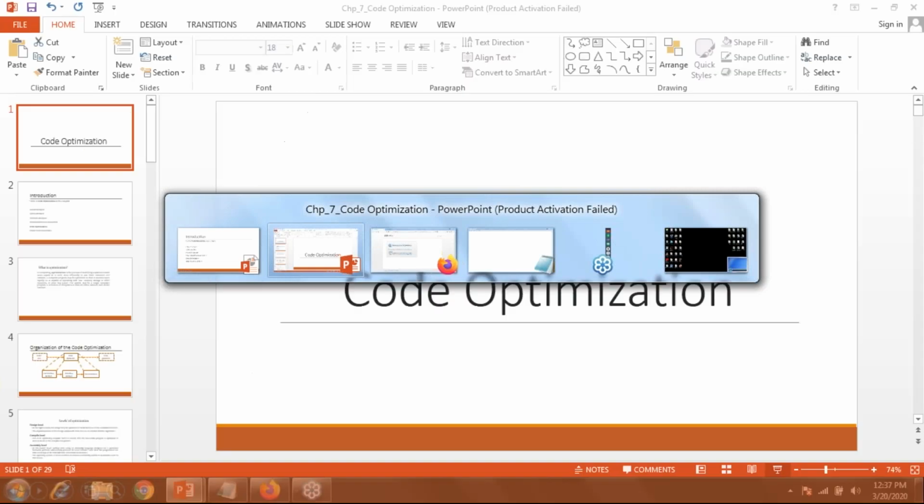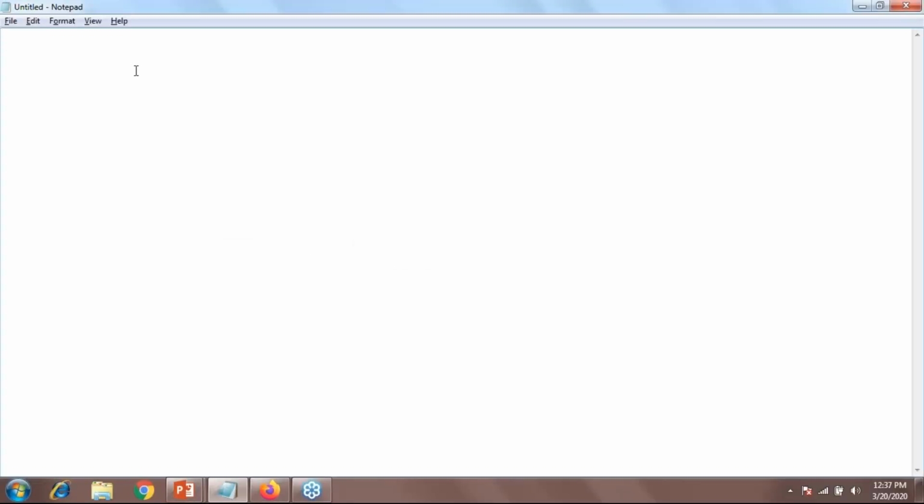So let's start with the first phase, that is our lexical analyzer. As we discussed in our earlier session, the lexical phase will convert our code into the tokens. And what are the tokens? A token is nothing but the small entity of our program. If we ask what an entity is, then the list of our operators, list of our operands, list of our delimiters, and all these things come under the tokens.